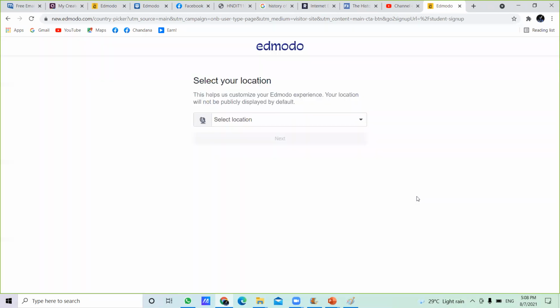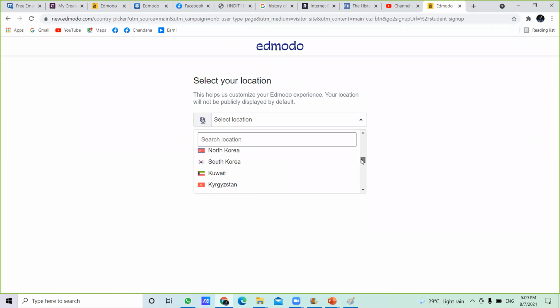Once you click student account, again they are asking a set of questions. First, they are asking your location. You want to first select your location. Click on the down arrow key in the corner. Once you click the down arrow key, you can select your location.